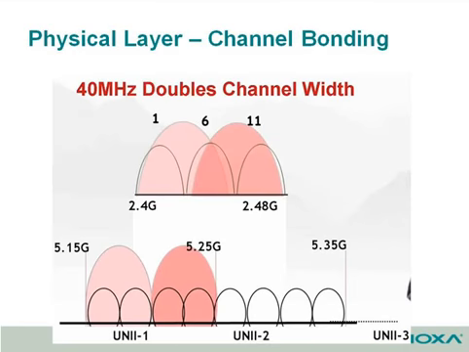Channel bonding is also a new technology for 802.11n. In the past, when transmitting data, it only used one channel. For 11n, it can use two channels at the same time. Similar to MIMO, it separates the data and transmits it via two channels simultaneously, and this also doubles the data